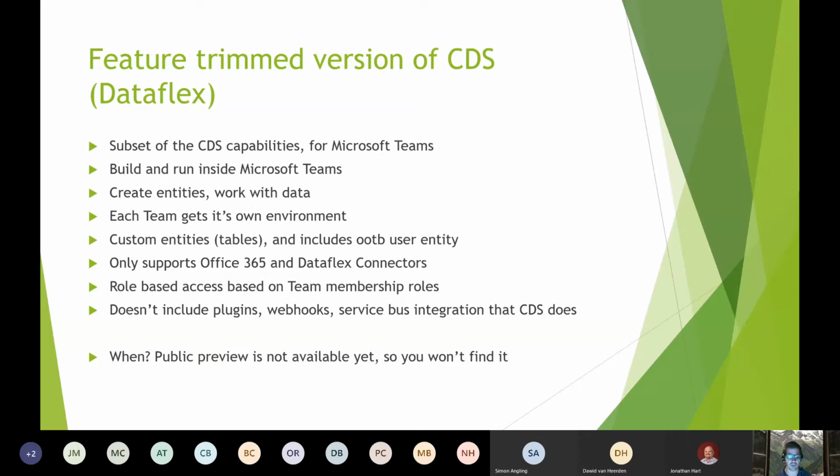The other important thing to understand is that the only connectors essentially, well, actually, let me take a step back. That's the data structure behind what I would build in an app that runs inside of a team. But the intention is also to allow you to build a Power App that runs inside of a team.